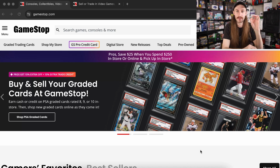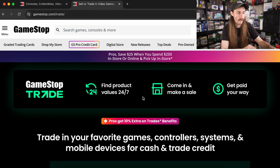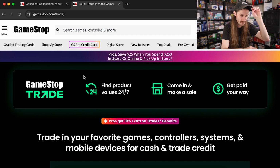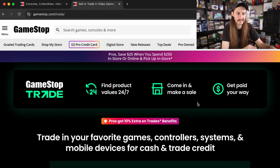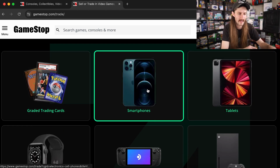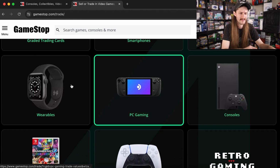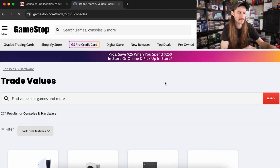So I've got my computer. Let's go ahead and check those out, and then we will move on to other things. So first off, let's head over to the trade page, which is pretty basic. It tells you how to do the trades, and then you can select between cards, which is weird, and I don't know why they do that now. Smartphones, tablets, wearables. I'm going to start off with consoles, and we'll work our way to some of those other